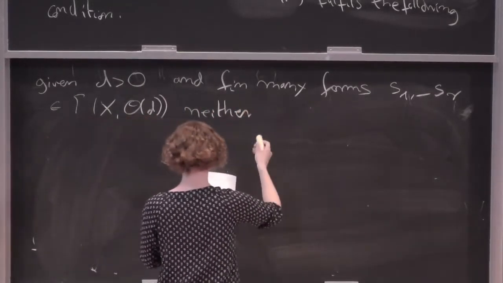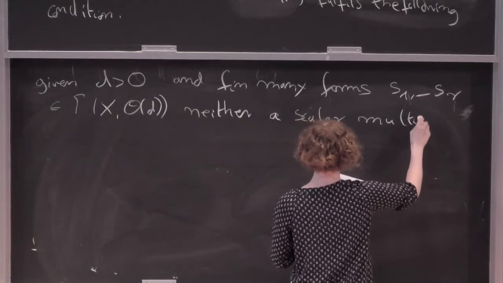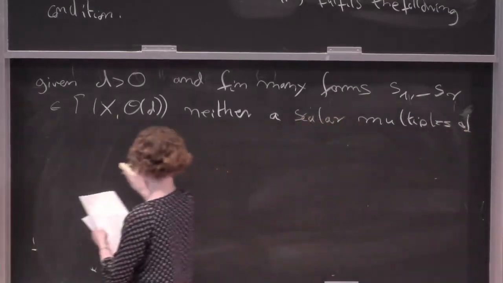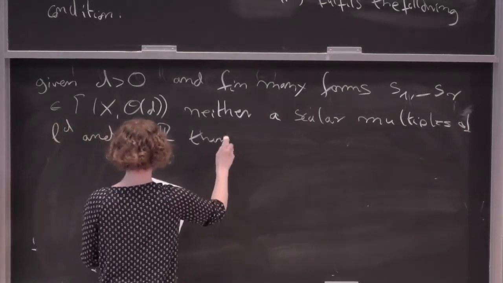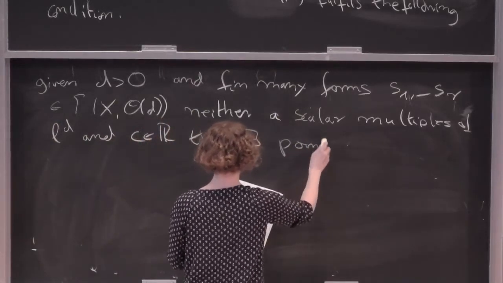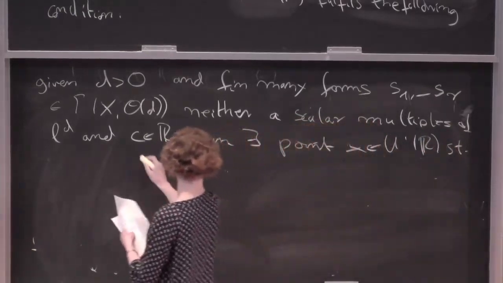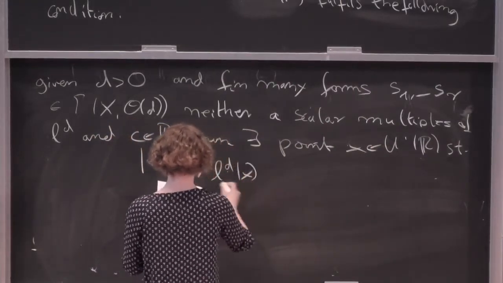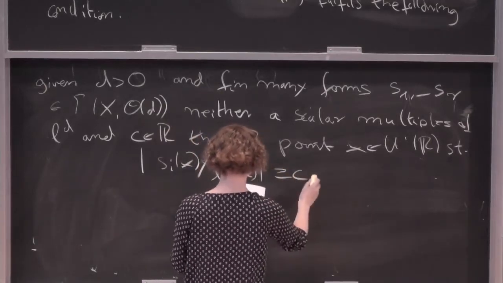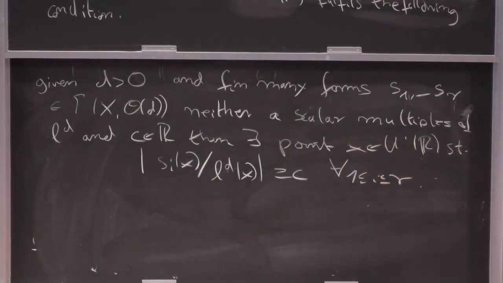And of course, your functions shouldn't be constant, which in this language translates to you don't want any scalar multiples of, say, L to the D. And for every constant C, then you always want to find a real point in the component such that all of those functions, if we have decided that L is equal to 1, it would just be the function here itself, is bounded by a constant for all i between 1 and R. So this notion would explain all of the above examples as obstructed.